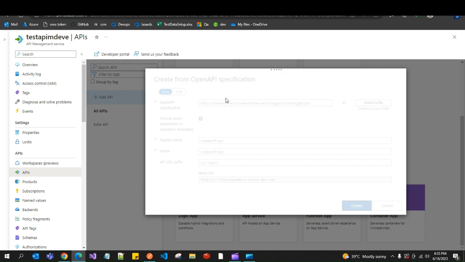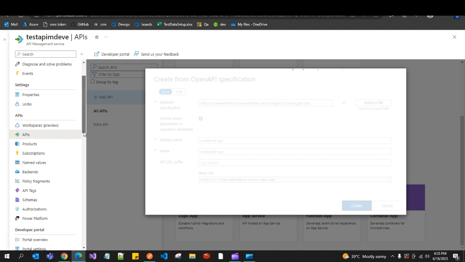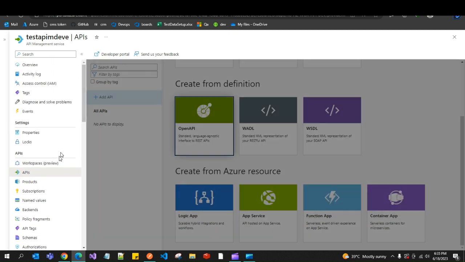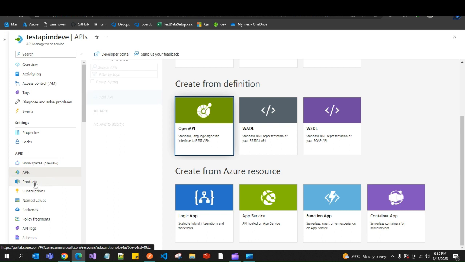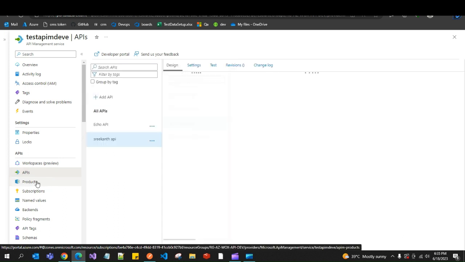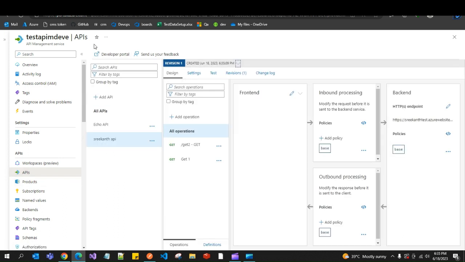It will take some time to update, no worries. Meanwhile, in the upcoming series I will explain what products are and how to use the developer portal efficiently for the development of these APIs. Okay, fine. Now you can see my Srikanth API has been added here. You can see the two action methods